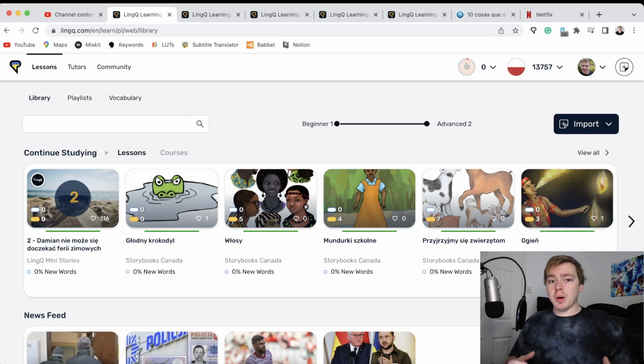I'll be trying to do my best to show you how LingQ works and the reasons why I personally really enjoy LingQ, and basically the main ways that I use LingQ in order to learn my languages and just to study languages in general. So first of all, here we have the homepage of LingQ, and please bear in mind